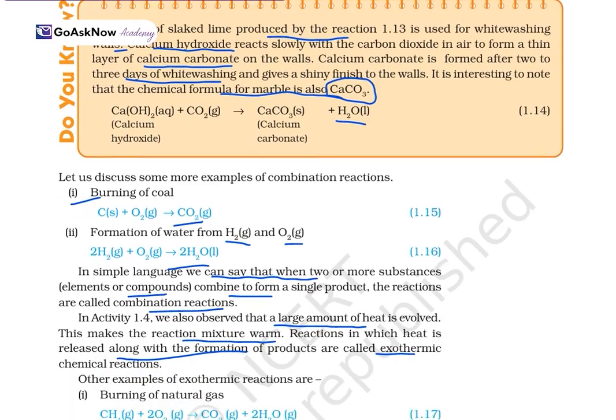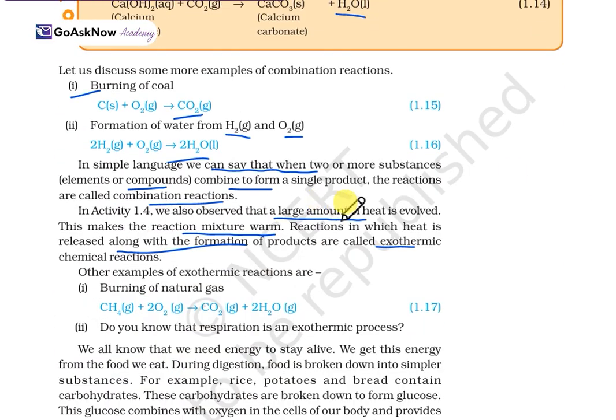So at that time only we can say that when the reaction is happening, and in the reaction in which heat is released along with the formation of product, it is called an exothermic chemical reaction. Other examples of exothermic reactions are the burning of natural gas, CH4, which is in the gaseous state, and then 2O2, oxygen, which is in the gaseous state again,